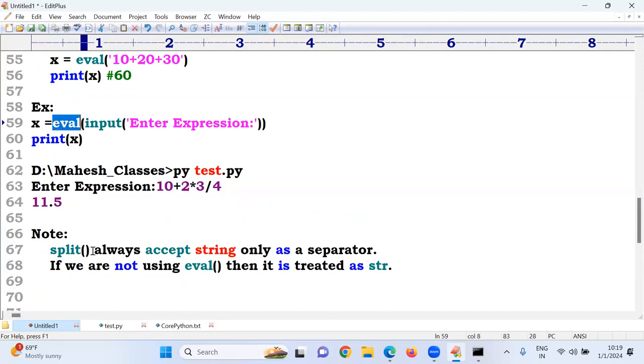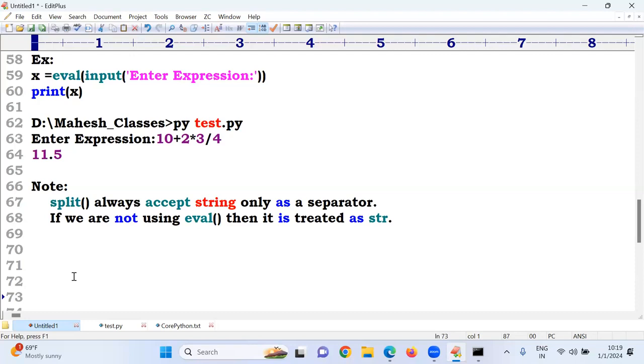Whenever I'm using eval function, then it will be considered as its own type. For example,